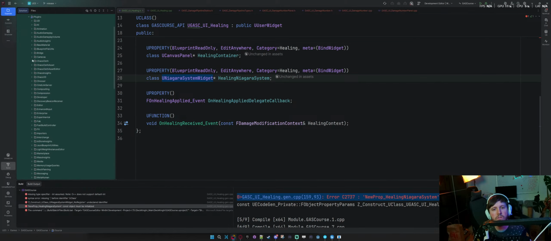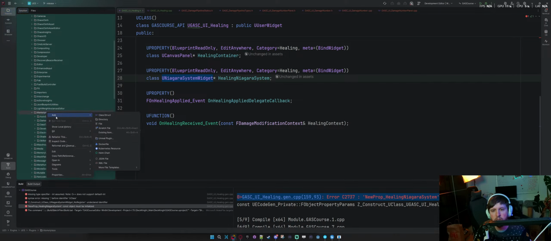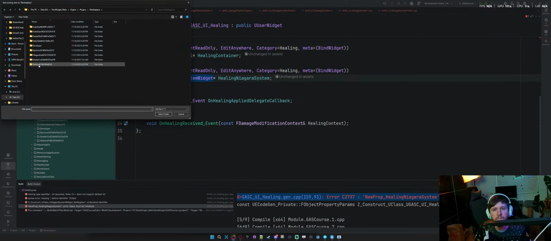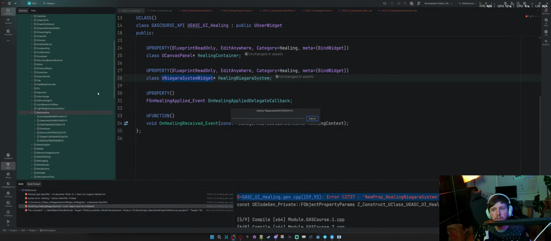So plugins, marketplace. Skills. My add existing item. Is there a reason why it's not in there? Weird.